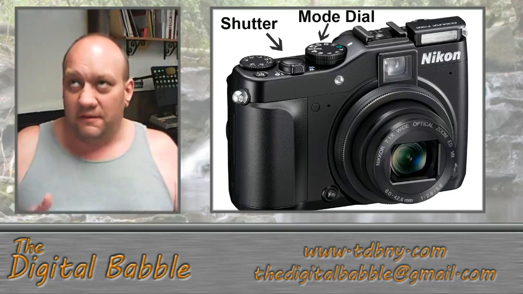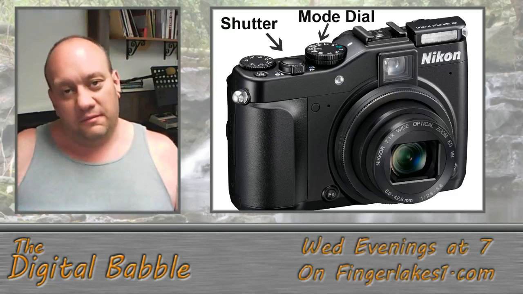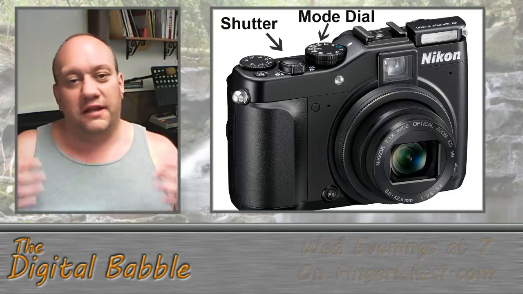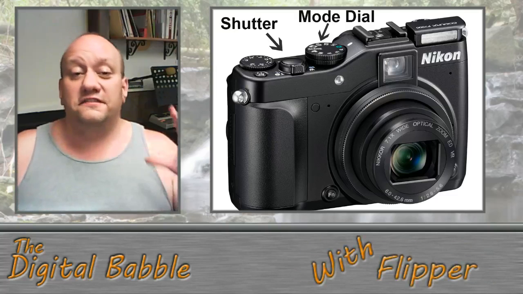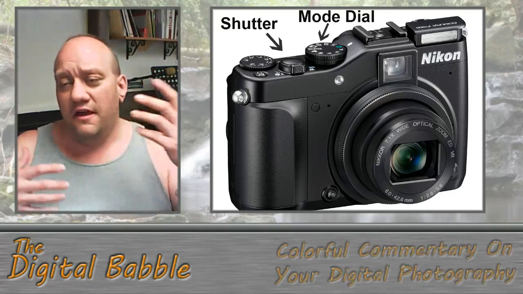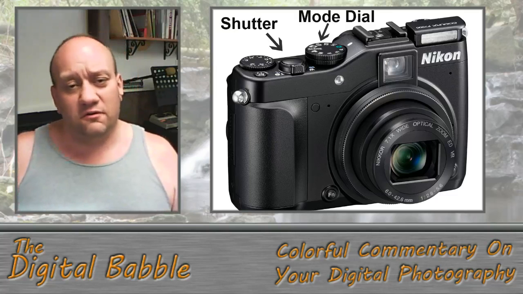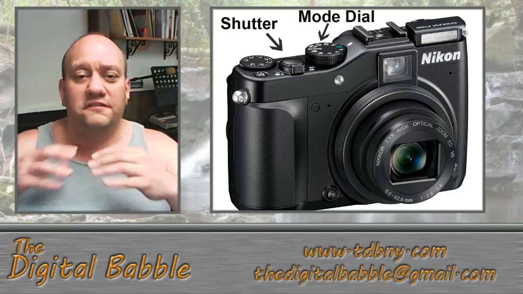Zooms typically are slower than prime lenses. Prime lenses usually will be a little bit faster, have a better opening, have better glass in it. Zoom lenses have more glass in it, which then gives you color distortion, color shifts, focus shifts, distortion. I mean, there are so many different things that can go wrong with all those moving elements to get the lens